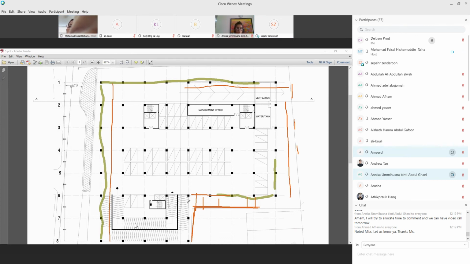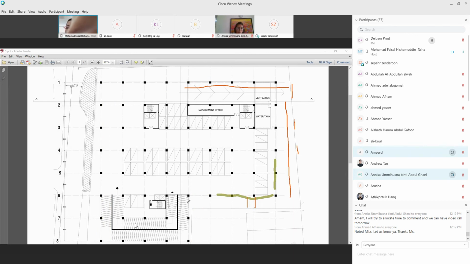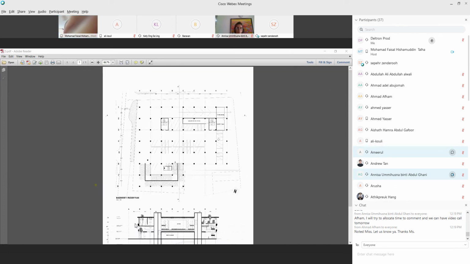Can you zoom out? I want to see the boundary of the site. Zoom out. Okay.